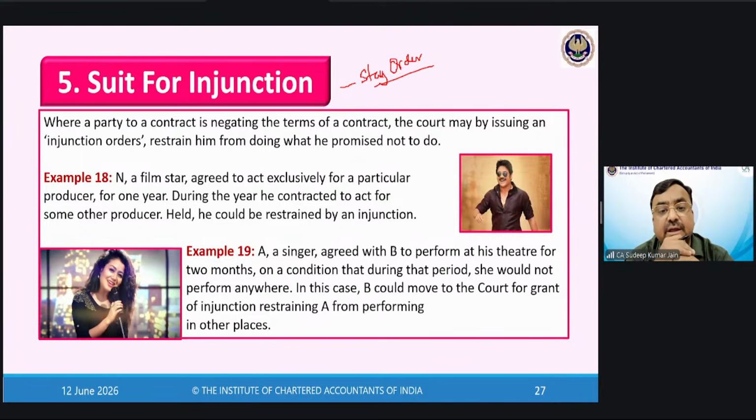A singer agreed with B to perform at his theatre for 2 months on the condition that during this period she would not perform anywhere. In this case, B could move the court for grant of an injunction restraining A from performing in other places. Means the singer had decided to perform for B only for 2 months. But if during this period the singer goes for singing in another theatre,